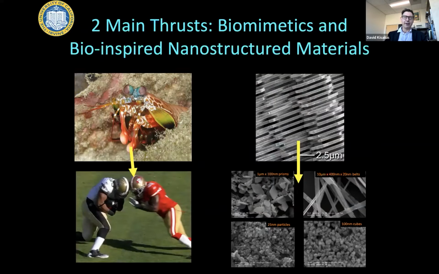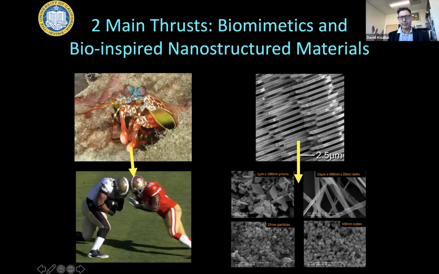My laboratory here at UC Irvine focuses on two main thrusts. We look at organisms that are what I would call extremophiles. They do things either mechanically or thermally or optically very interesting, and we try to reverse engineer it. We try to understand how they're architected from the nanoscale all the way up to the macro scale. What are the materials found in these organisms and how do they work? Once we know that, can we use engineered materials, carbon fiber, glass fiber, advanced materials not found in nature, to translate this using a process called biomimetics or biomimicry to make next generation materials?